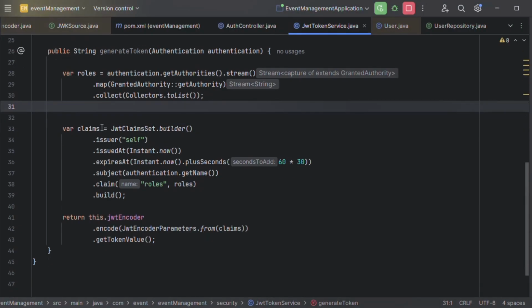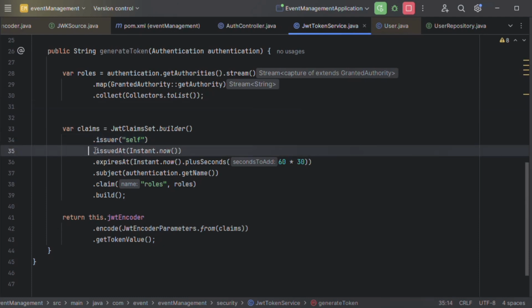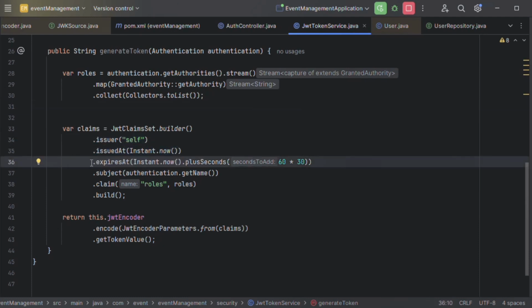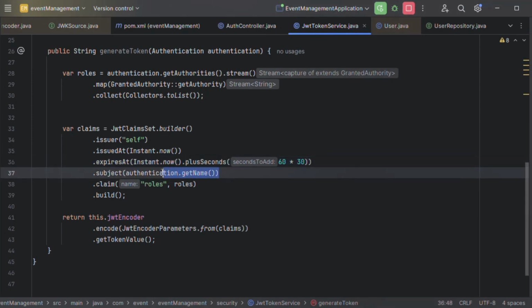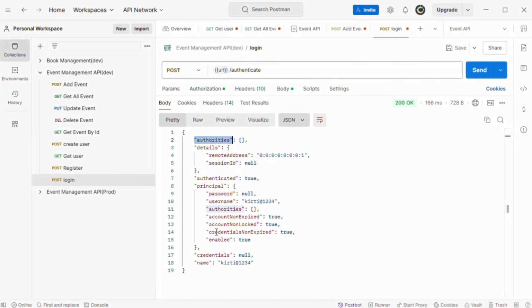Then next we build a claim. So we need to pass the issuer, then expiry date we can pass, claim, subject is our authentication has the property name, so we get the name. If I show you this name property, here you can see Kirti@1234 here.